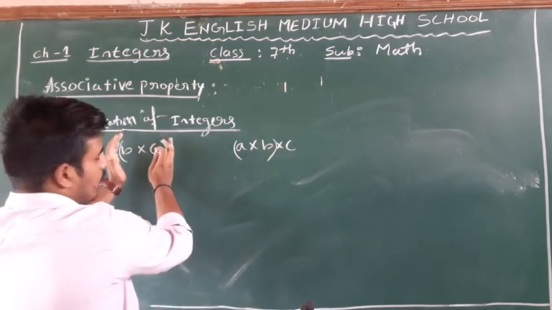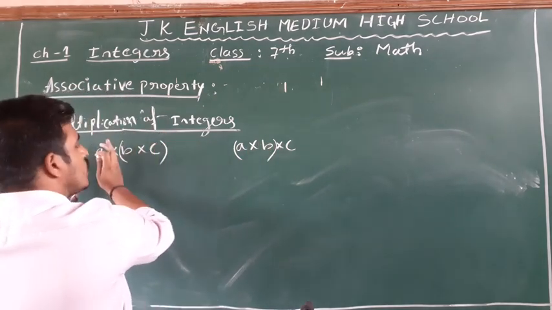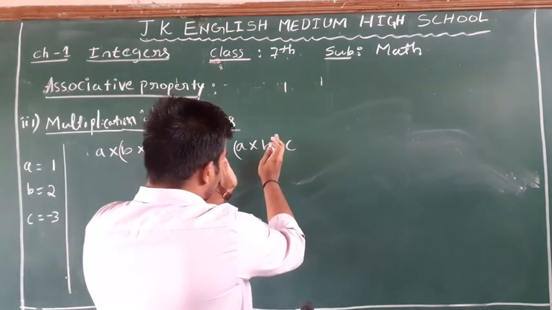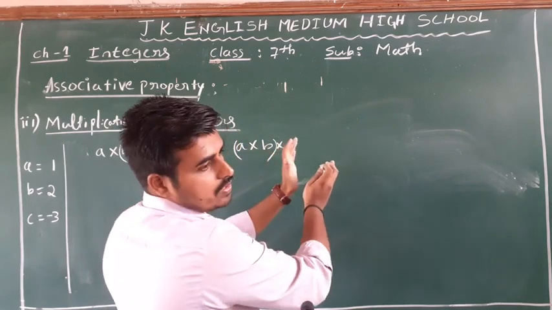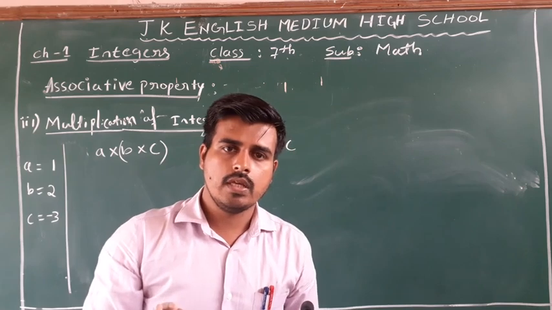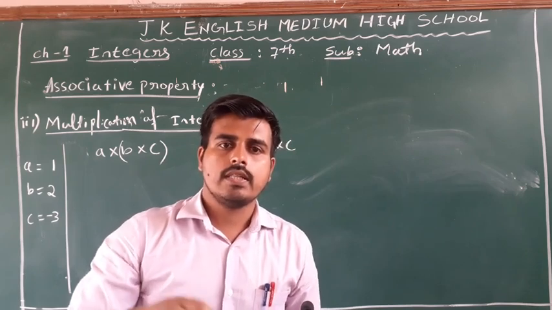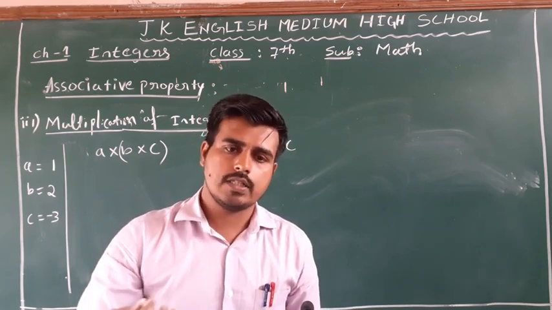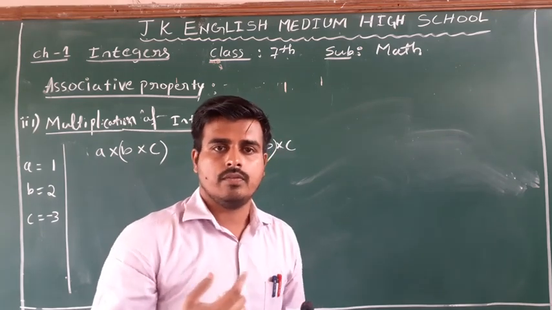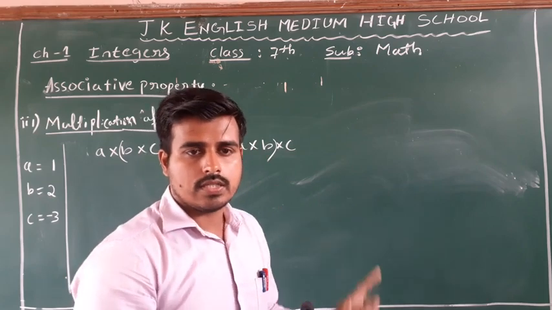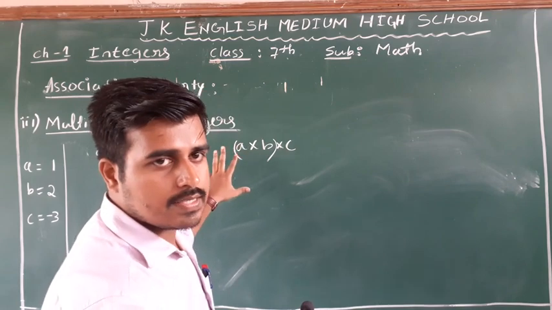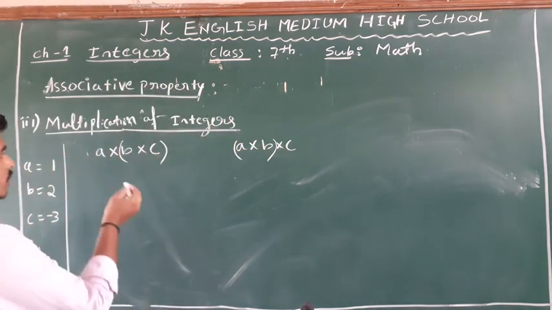Here I am multiplying b and c, then afterwards a. This is one type of order. Here I am first multiplying a and b, then I am multiplying by c. It's a different type of order. Means changing the order, keeping the operands the same. If it does not change the answer, then it is associative. If the answer changes, then it is not associative. What we have seen in the case of subtraction is that it is not associative. Whereas what result are we going to get in this case? Let's see. Substitute the values.